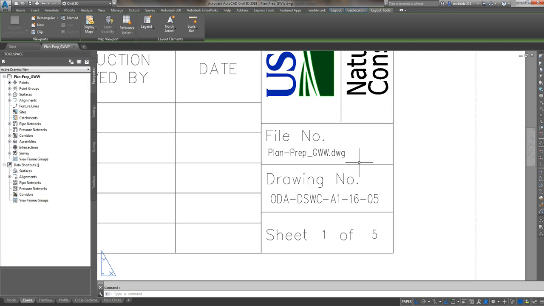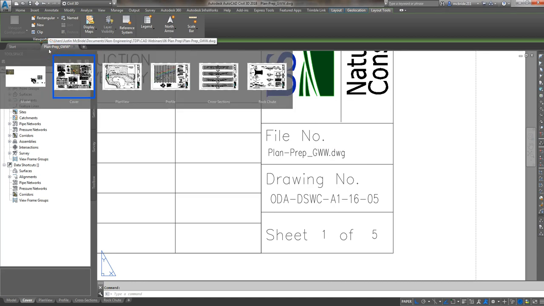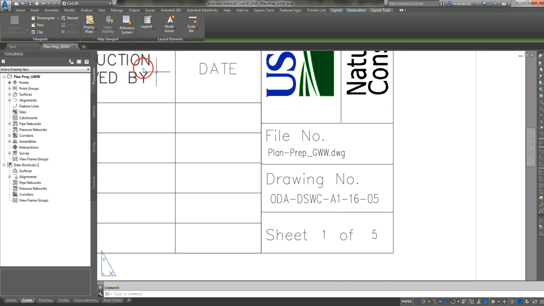So for instance, if you look up here in the left hand corner, the file name for what I've been working on is called plan-prep_gww.dwg. That's just the file name. If I had to go find it on my computer, I could type that in, it would take me right to it. Just below that is the drawing number, and this is really whatever system you have in place